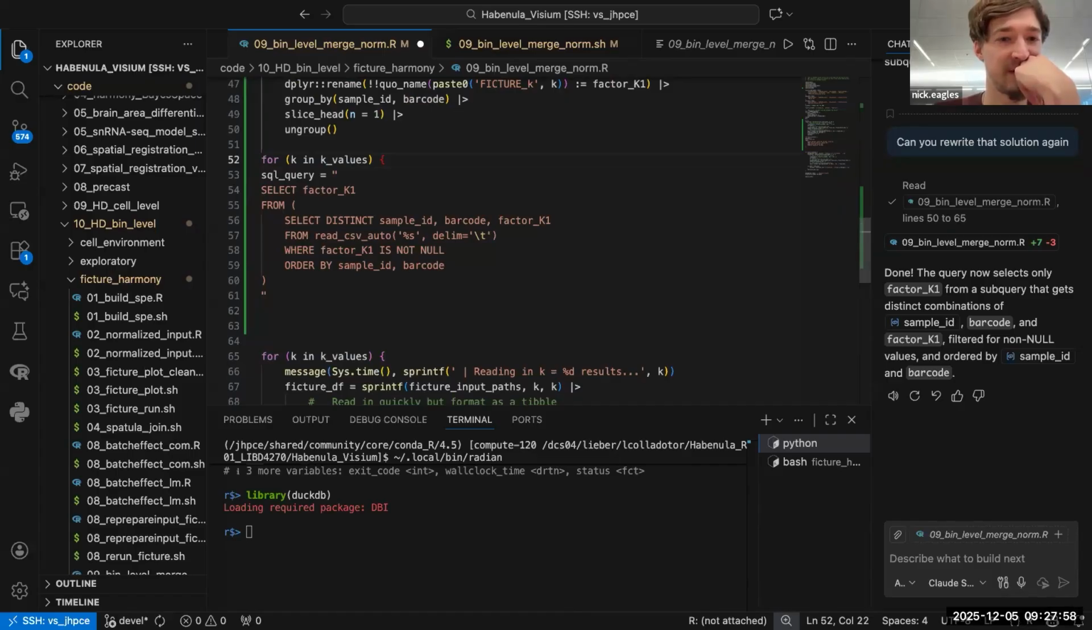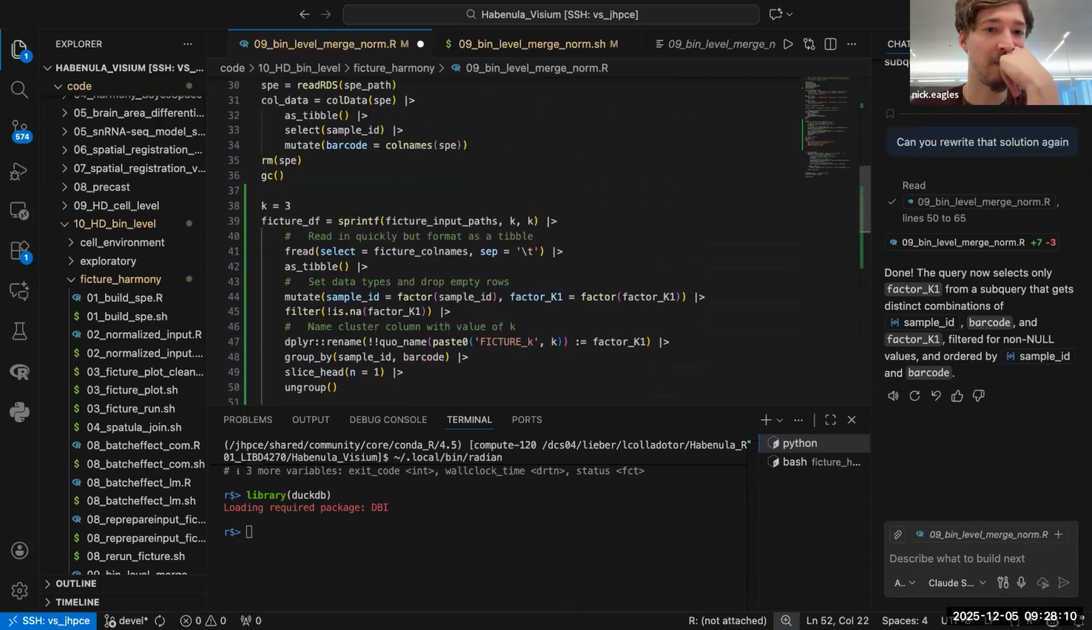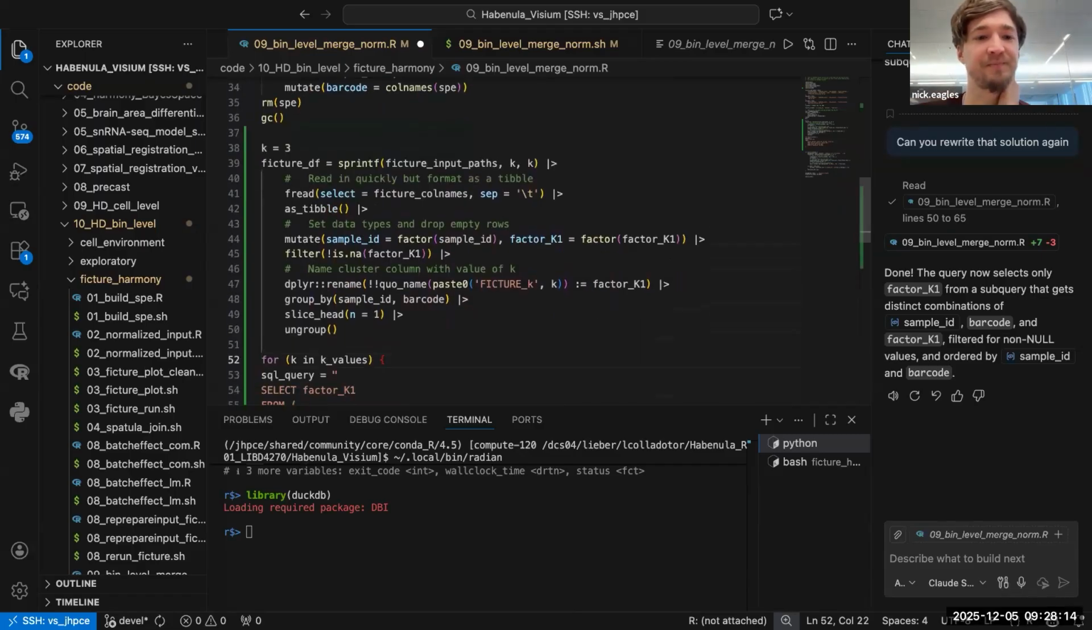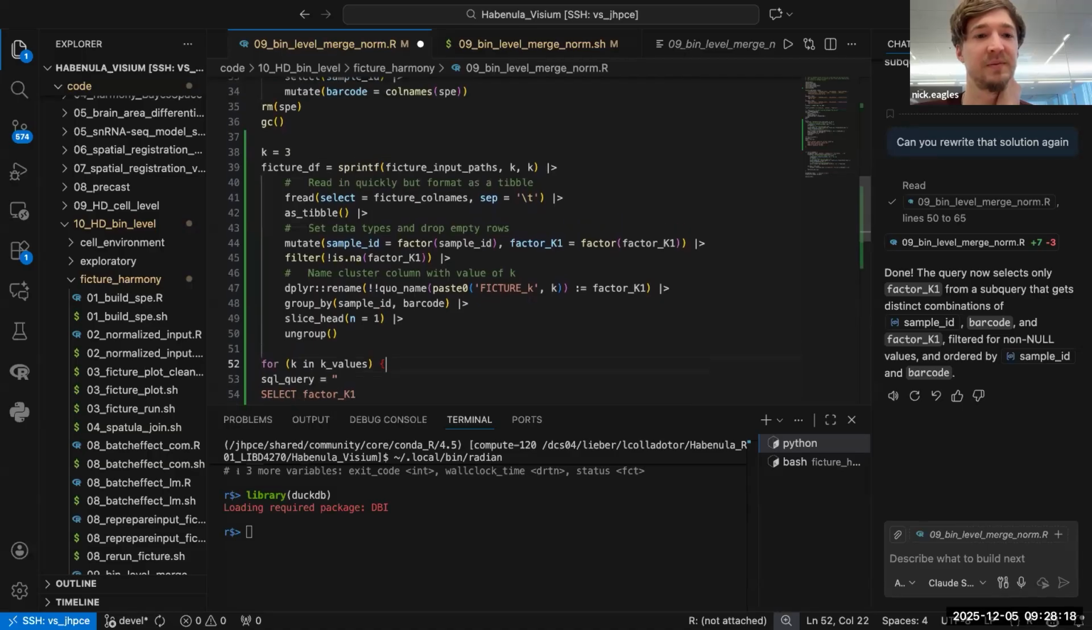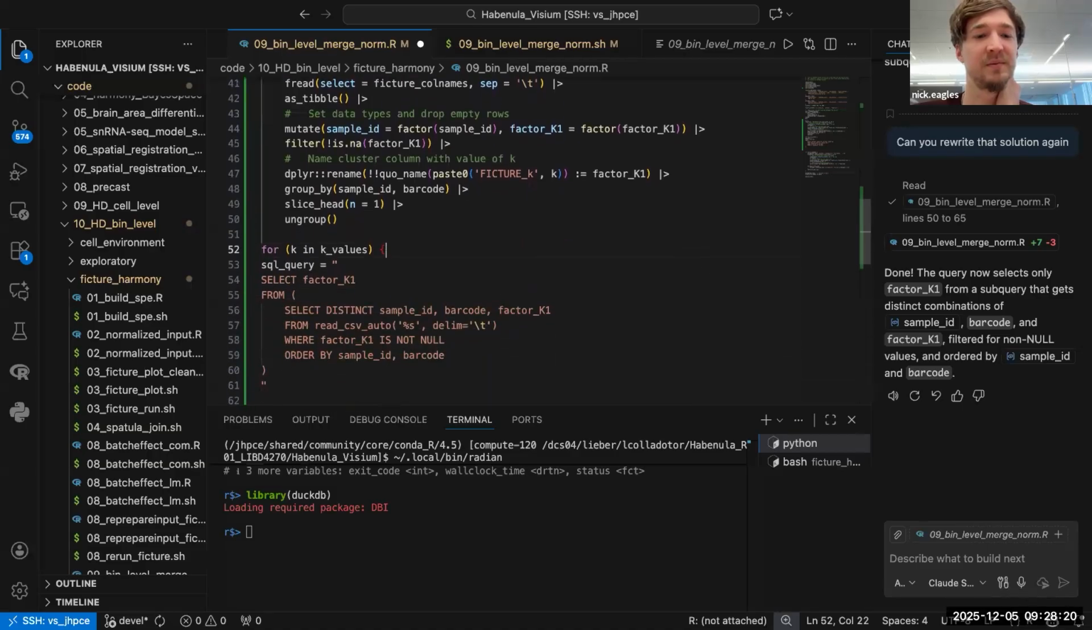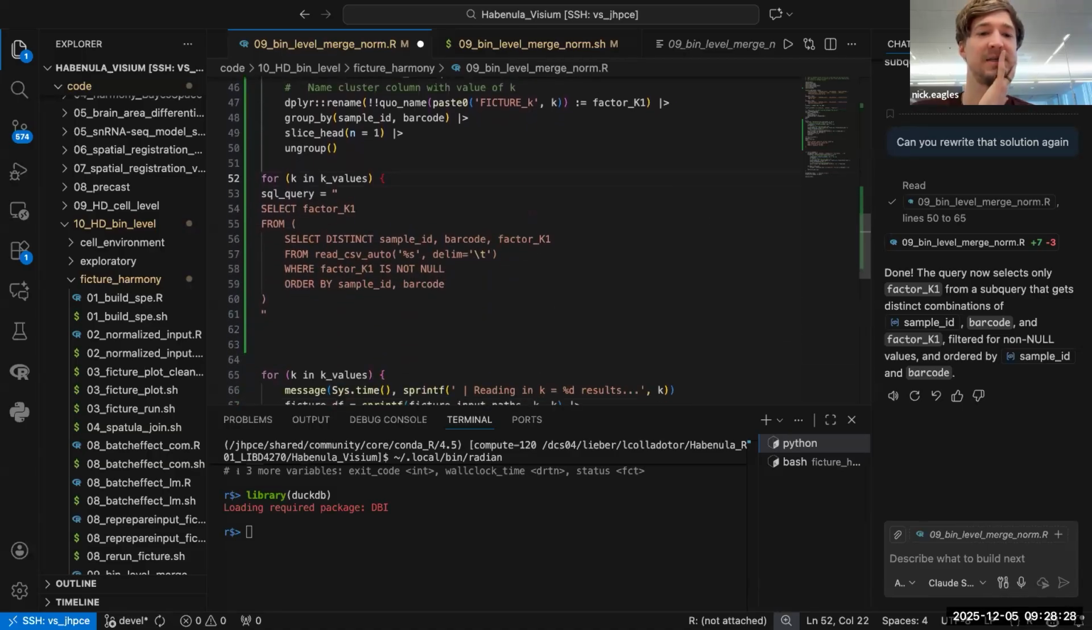Do we want to join this with the call data immediately? I think you get it for now and then later decide whether you can join it. Yeah, I think we do need to join because it doesn't line up. We don't necessarily have the same sample ID and barcodes in these cluster results. So I'm going to go ahead and